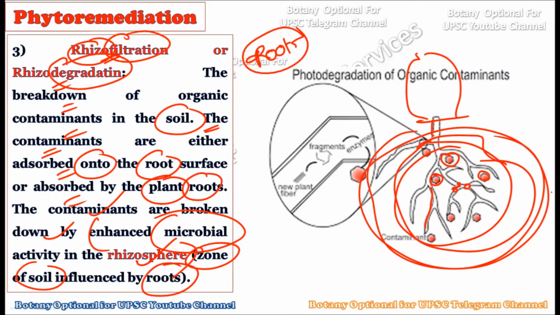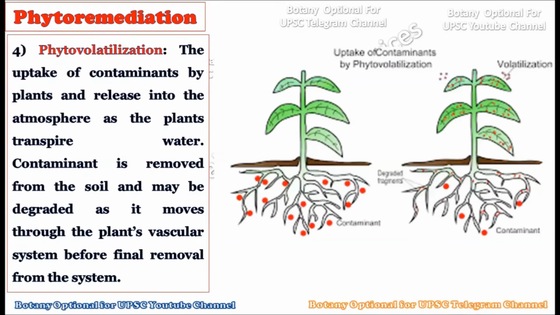So in the third type of phytoremediation, you should carefully remember that the roots are playing the major role, and hence we are giving the heading rhizofiltration or rhizodegradation. Okay, now consider the fourth one, that is the phytovolatilization. Now here we are using the word volatilization, that means volatile activity. Now the uptake of the contaminants by the plant and release of them into the atmosphere as the plant transpires